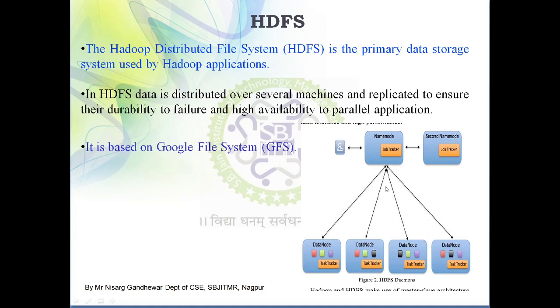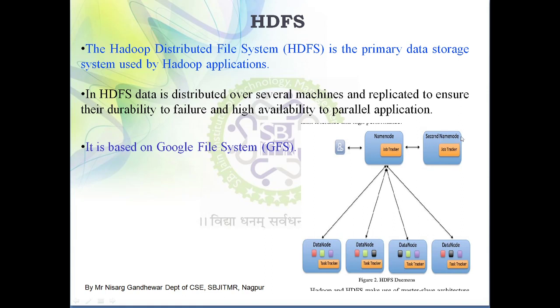So the name node is responsible for managing all these data nodes. In this diagram, you can observe that all these data nodes are connected with a single name node. The name node acts as a coordinator, a leader who coordinates among all the data nodes, and data nodes are the nodes present at the slave machines which store the data. Because in the Hadoop distributed file system, we are storing the data at multiple locations.